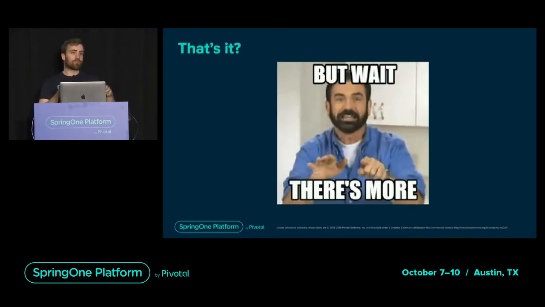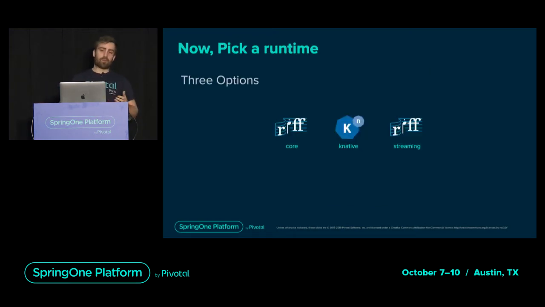At this point, you provided the functions, you pointed to the sources, you got a produced image, but you don't have a workload deployed on your cluster at this point. You just have a description of that image. So you have several options. That's kind of recent. Now we support several runtimes. Historically, we started with a Knative integration, but now we offer more.